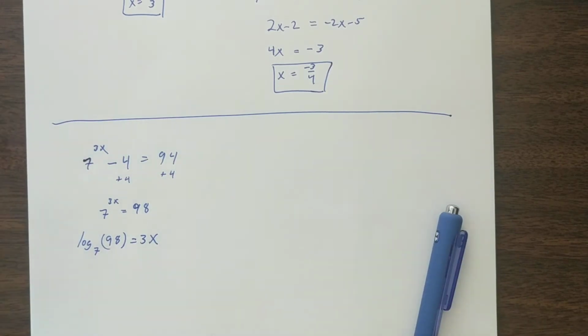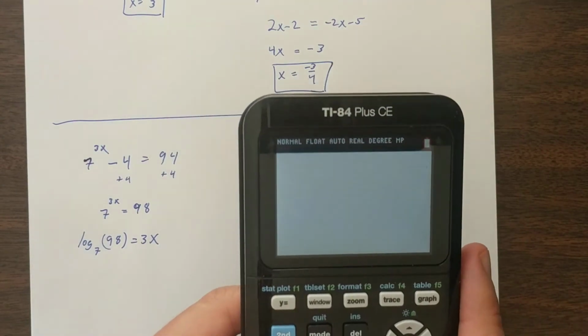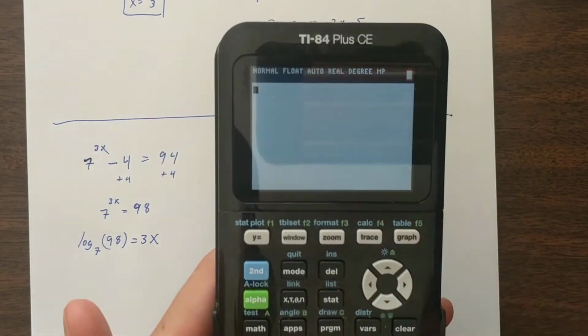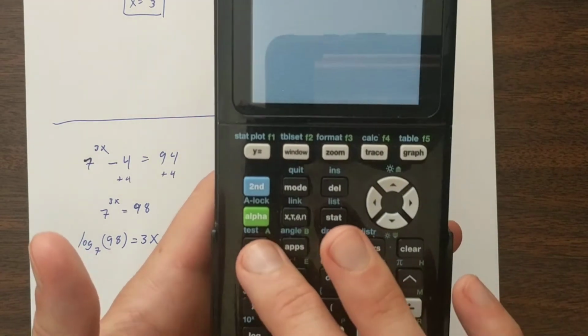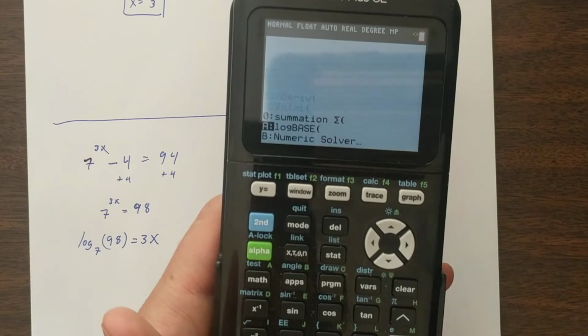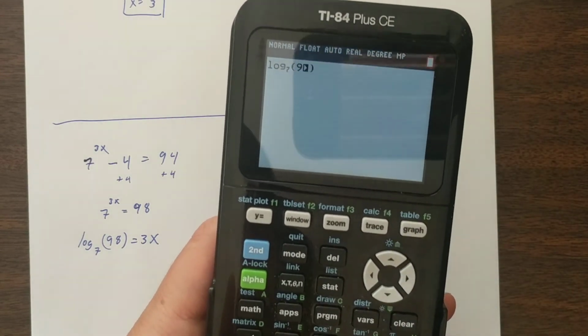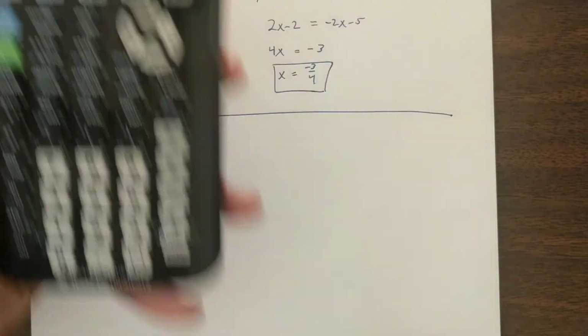Now at this point, you might want to get out your calculator. Okay, so here's my calculator. If you have this type of calculator, you hit the math button and go down to log base, and that will give me an option to type in my base of 7 to the power of 98. That's going to give me